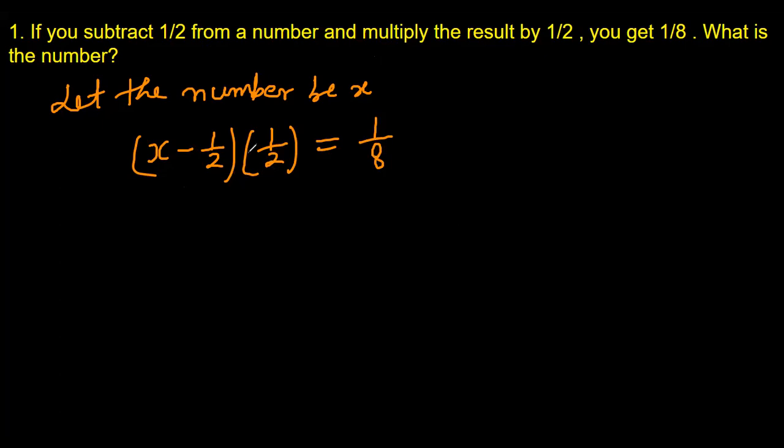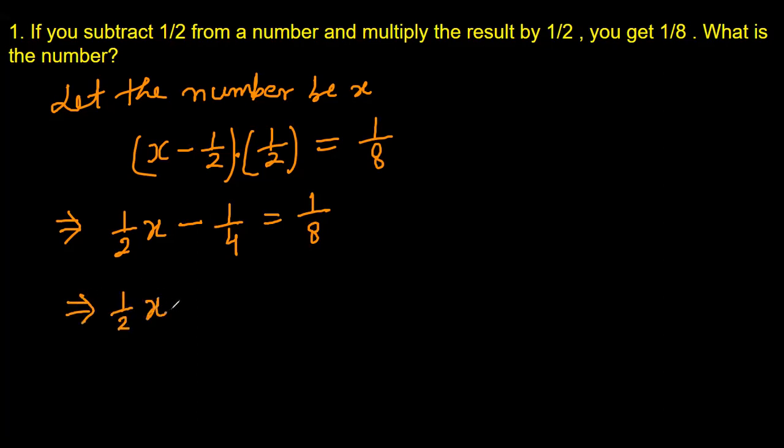Simply we can use the distributive law of multiplication. This half will be multiplied with x. So this implies half of x minus half multiplied with half. 1 by 2 into 1 by 2 will become 1 by 4, so it is equal to 1 by 8. Okay. This means 1 by 2 of x is going to be equal to, this 1 by 4 is transposed